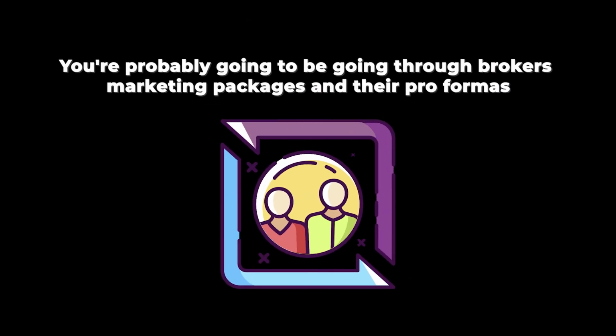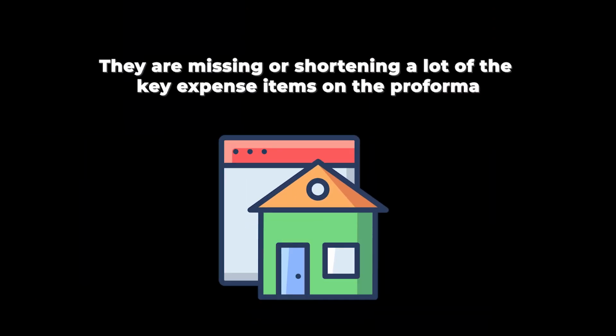So when you're actually looking to buy property and you're doing some sort of due diligence and deal analysis on a deal, you're probably going to be going through brokers' marketing packages and their pro formas. Now, they obviously have a place in the deal analysis part, but what I found, and like most investors have found, is that a lot of the time they are missing or shortening a lot of the key expense items